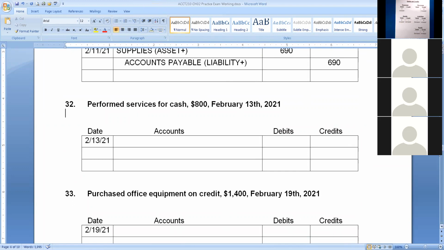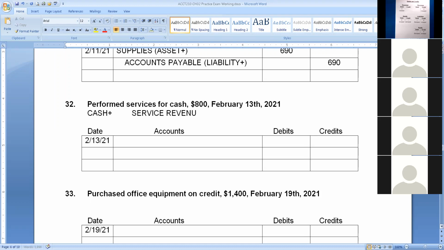Perform services for cash. Hopefully easy enough. Cash is a plus. What's going to be the other journal entry? Service revenue? Yep. And it will be going up. And the nice thing about revenues is revenues are always credits. So if you run into a revenue, kind of like expense, but the account is going to be a credit. So any revenue